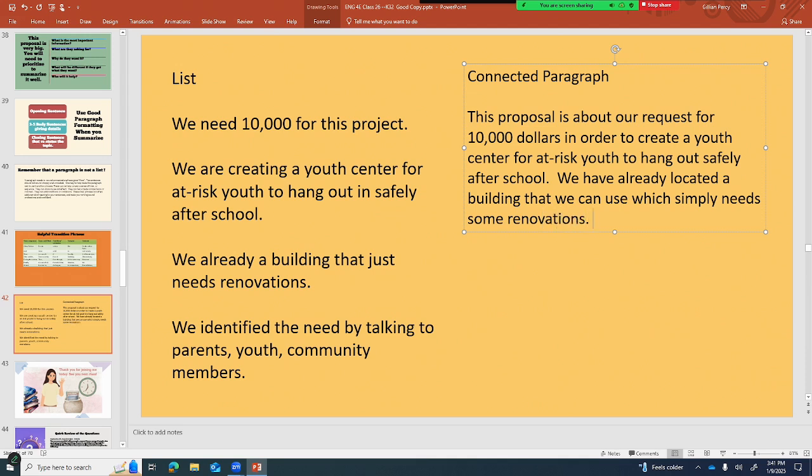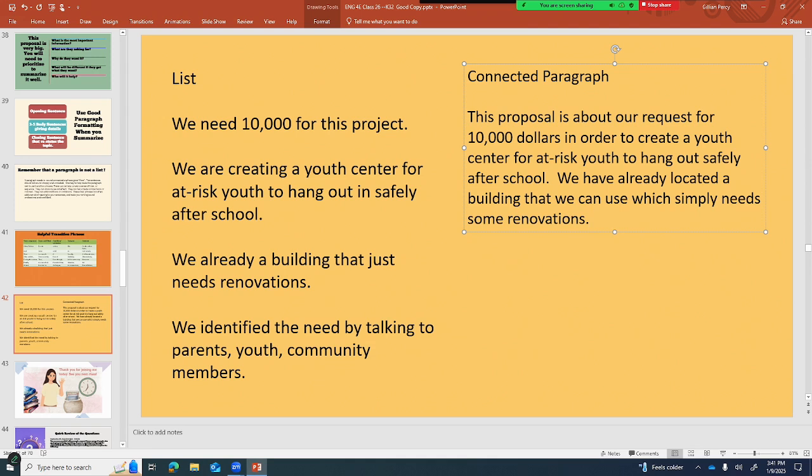Okay, so now here in my list, I didn't include all that much information. In my summary, I have a little bit more room to be able to write some more information. So maybe I might list who's planning to do the renovations. Is there a group or a company that has decided to help out?